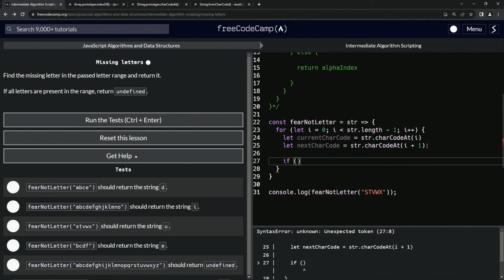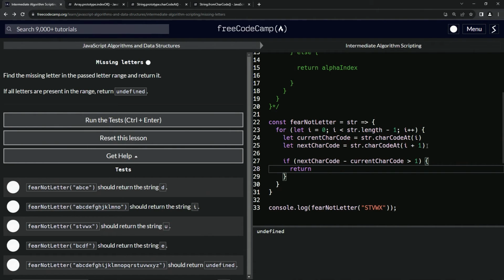If nextCharCode minus currentCharCode is greater than 1, what we're going to do is we're going to say